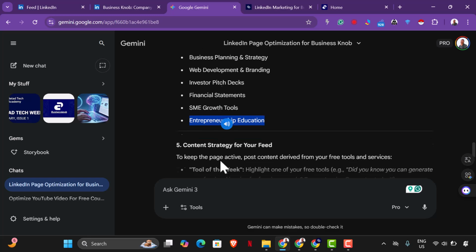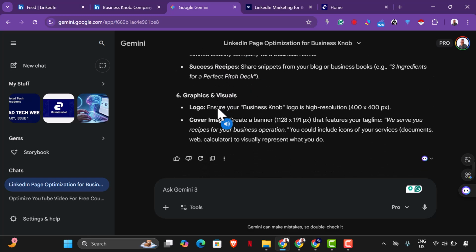So let's say content strategy for your field and all those things. So ensure your business logo is high resolution, 400 by 400 pixels. Then create a banner. So now let's say we want to start with the logo. So I want to design a logo for this business. For this business, give me an Image FX